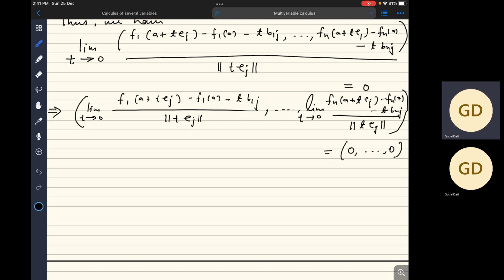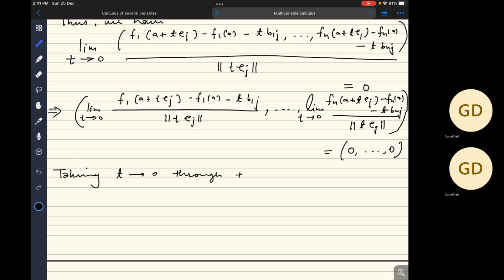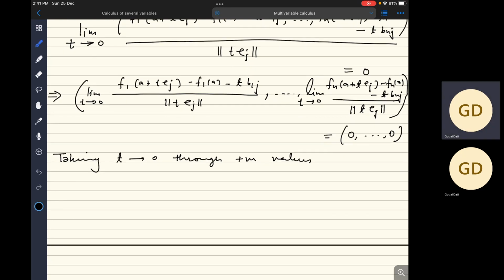Now taking limit t goes to 0 through positive values, what we will get? So this means this is equal to 0, and all the components are 0. This whole thing is equal to 0. All other components are 0. Let me choose one such expression. Okay, so limit t goes to 0 plus